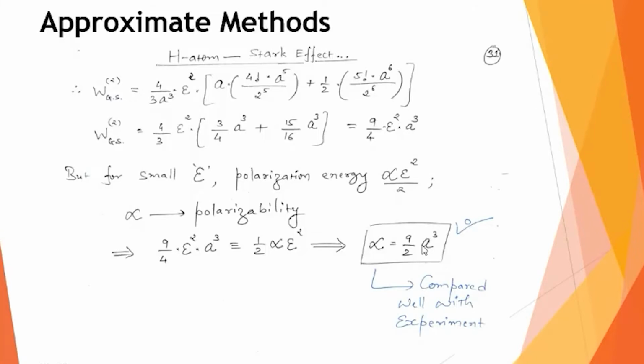In fact, the ground state is the non-degenerate case. But if you go to the first excited states, then the first excited states are degenerate states. So this direct theory is not applicable, and you know that we have already obtained a theory pertaining to the degenerate case. So we have to now apply the theory of degenerate perturbation theory when we want to compute the correction to the energy states for the first excited state, the second excited states, or higher states for a hydrogen atom placed in a uniform electric field.